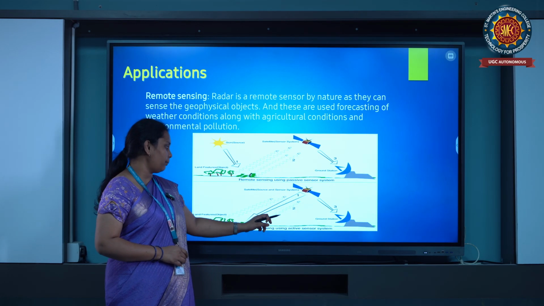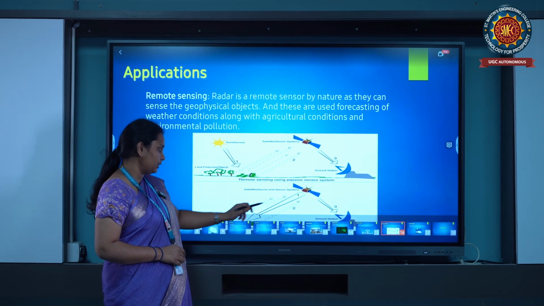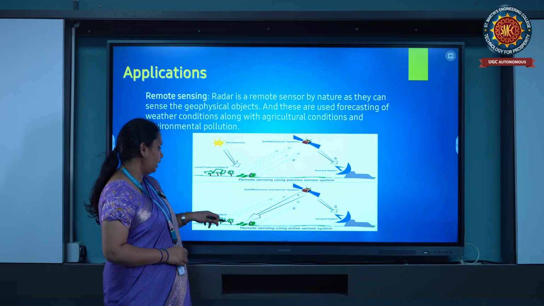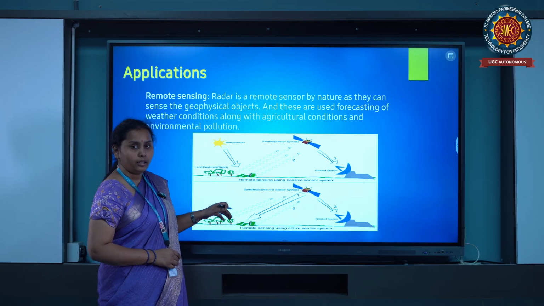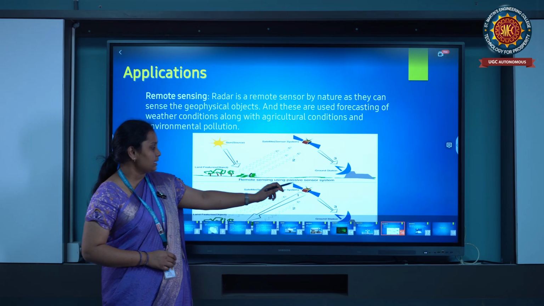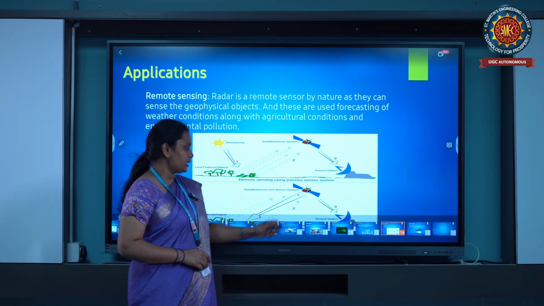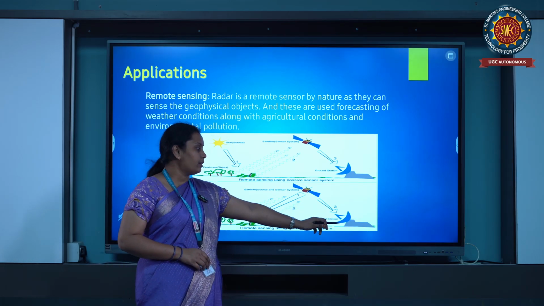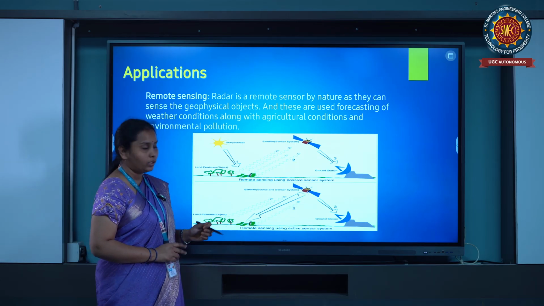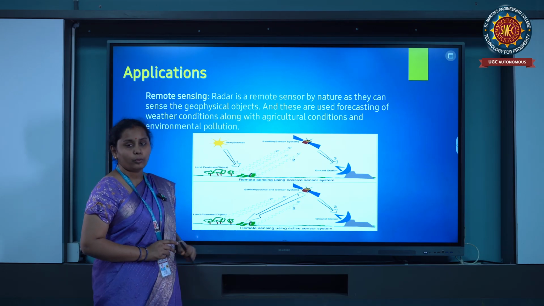This is the first step and this is the second step. The first step is that the satellite will send the signals and these geophysical objects will give their echo to the satellite, and then the satellite will send the data to the ground station. Ground station means radar. The radar will then process the data to the control board, that means the monitoring control board.